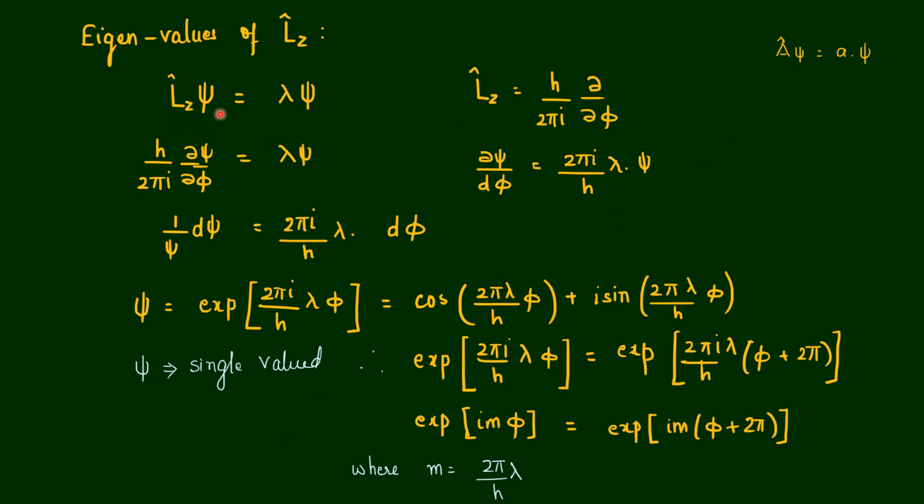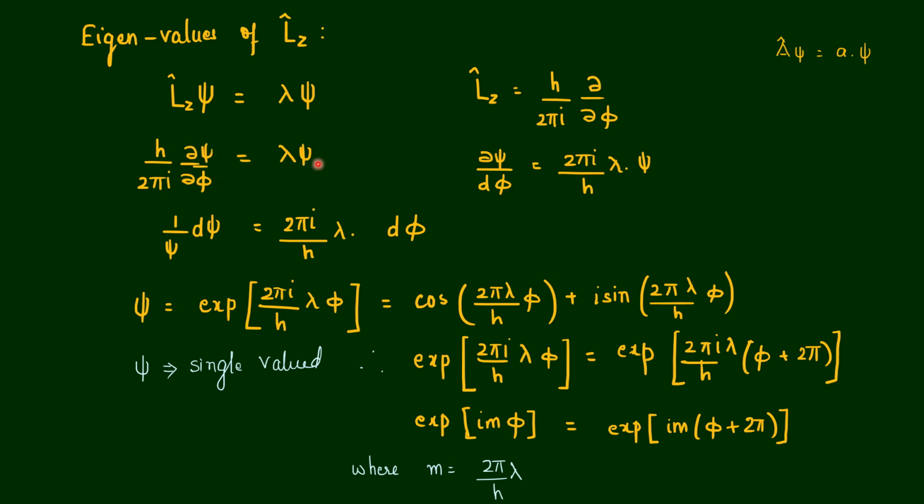Lz psi is equal to constant lambda psi. The Lz operator is given by h upon 2 pi iota del upon del phi. So substituting this value here, we get h upon 2 pi iota del psi upon del phi is equal to